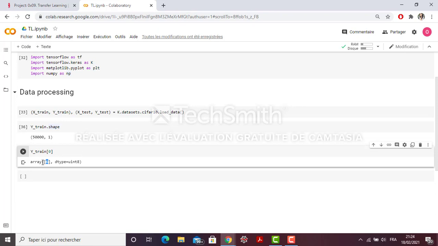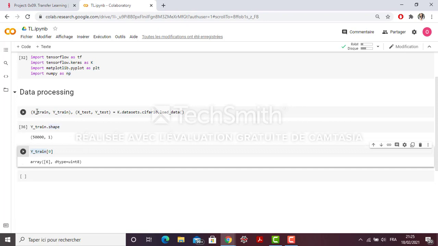So the first thing to notice here is that we need to encode our y. We won't be able to fit our model with these integers. We need to construct vectors with 0 or 1 values.